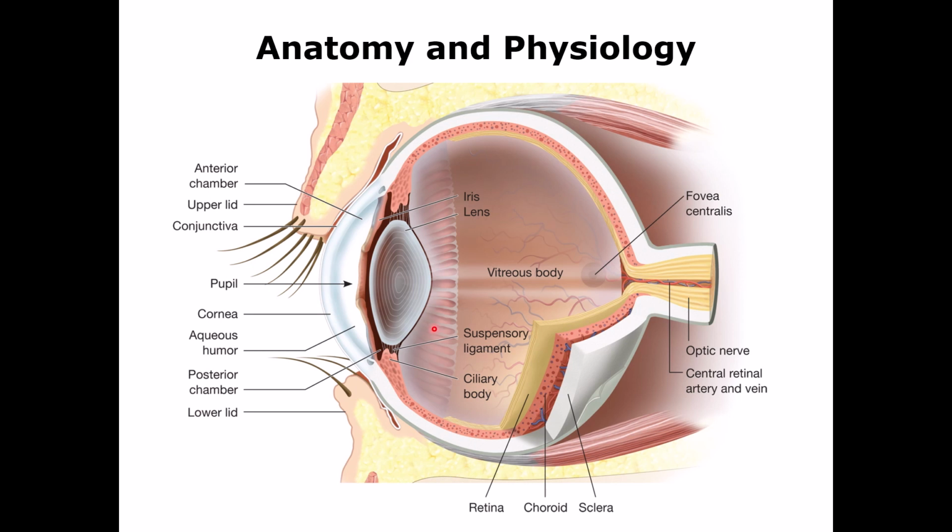Now the two cavities that I was talking about. One is the anterior cavity, from the back of the cornea all the way to the lens around this area. The anterior cavity is made of two chambers. One is the anterior chamber, which is from the cornea all the way to the iris, and that is the posterior chamber, which is from the back of the lens all the way to the iris. These two chambers together make the anterior cavity, and there is a fluid there,